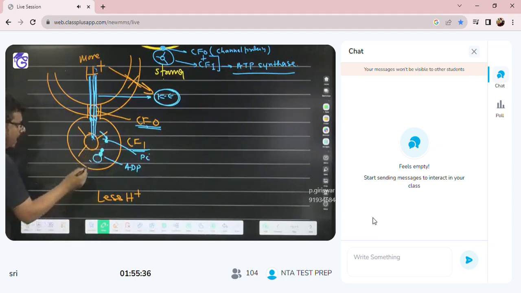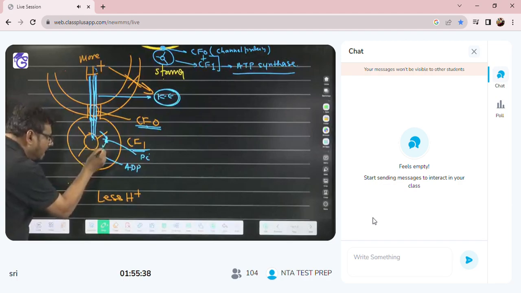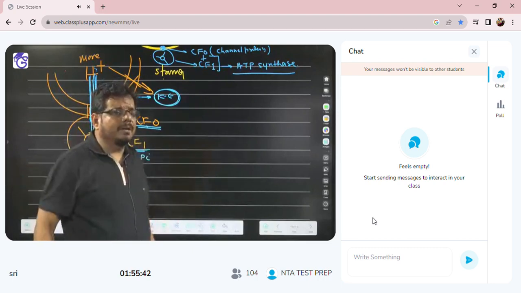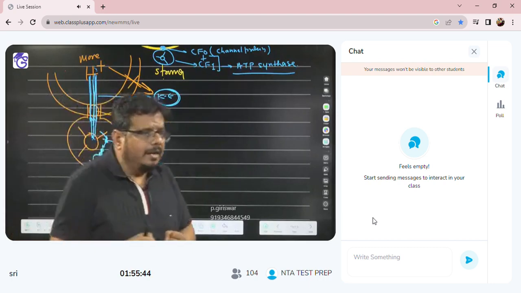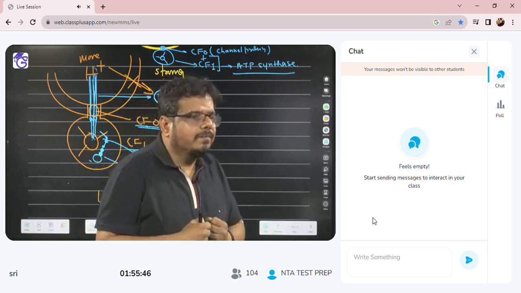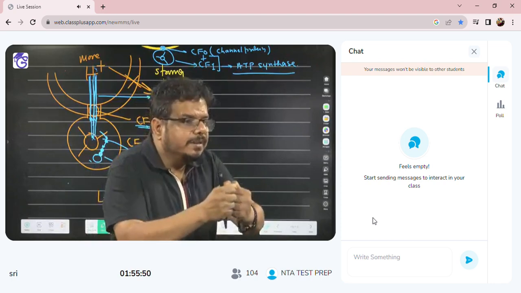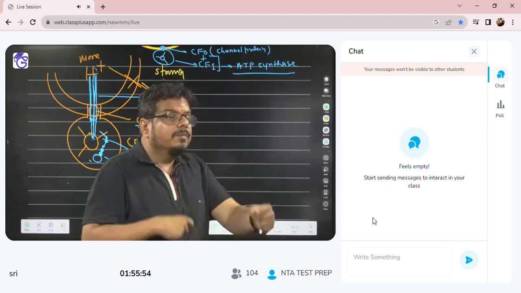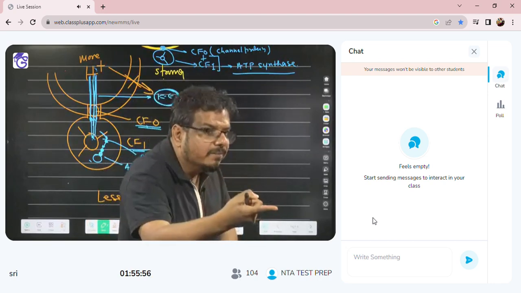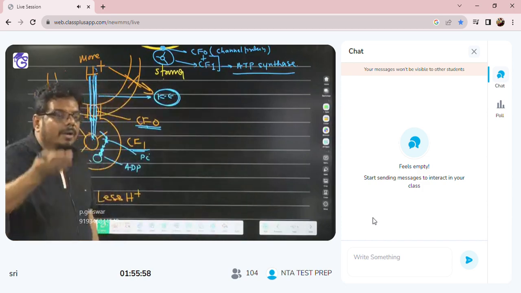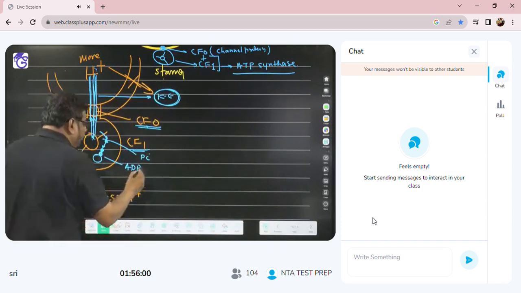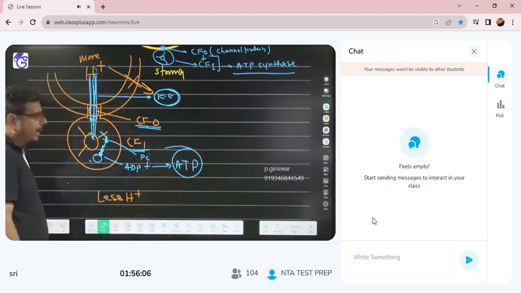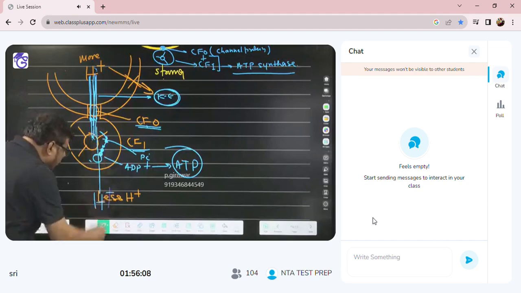Who starts moving? Inorganic phosphate. And this inorganic phosphate hits the diphosphate. Who is bigger? The diphosphate is bigger. The inorganic phosphate is running and hitting the diphosphate. It stops there; it can't move the diphosphate. Now what happened? The inorganic phosphate's kinetic energy is converted into bond energy. ADP plus Pi gives which one? ATP is produced. Getting the idea or not? And who falls down into the stroma? The proton falls down into the stroma.